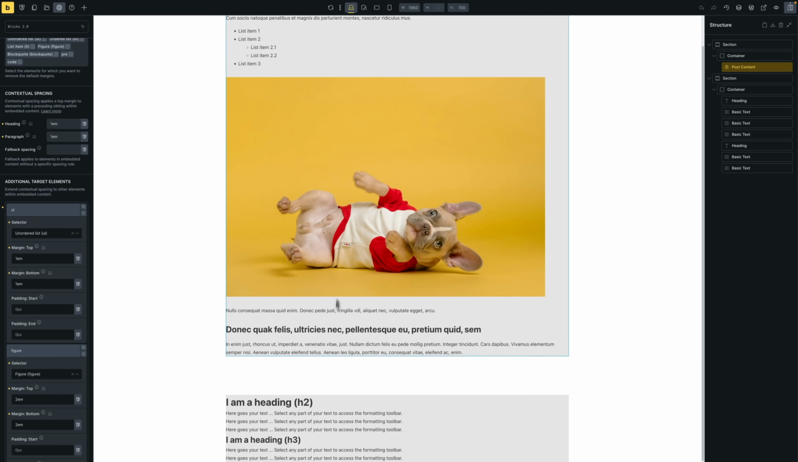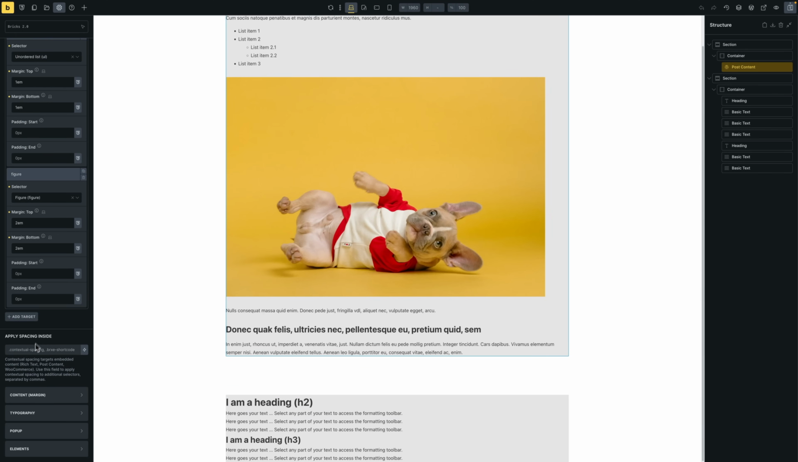Now, if you want to use that contextual spacing outside of an embedded content. So for example, in my case here now, I have this container, which is holding all of those different HTML tags. You can apply it as well using the contextual spacing. And the way to do this is to put it in your selectors down here. So we want to apply the spacing inside of what? In my case now, I'm just going to set up a custom CSS class. So we're going to call that one